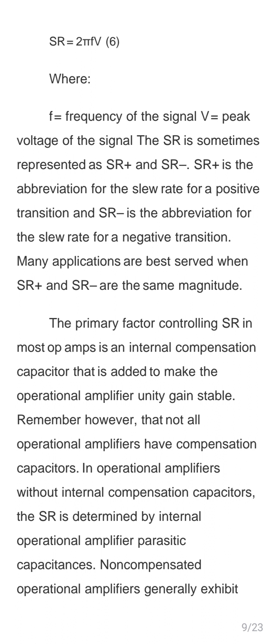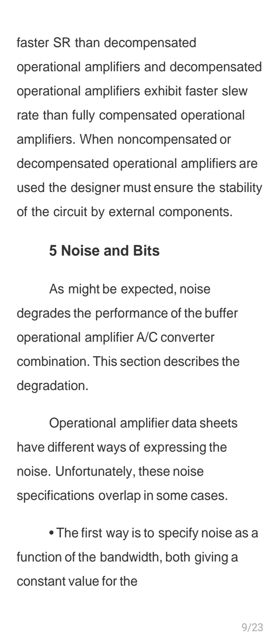The primary factor of the slew rate is the amplification in the internal compensation capacitors that must be added to the op-amp for unity gain to be stable. This is the operational amplifier, which has capacitors without internal compensation capacitors. It is the parasitic capacitance. It is also used as the operational amplifiers. It is the non-compensated resistors.